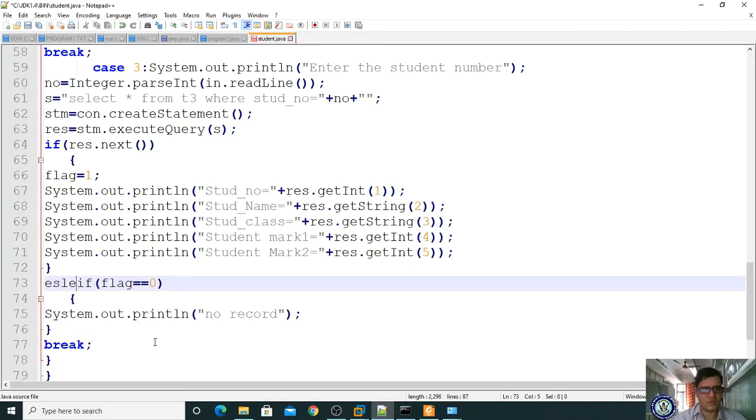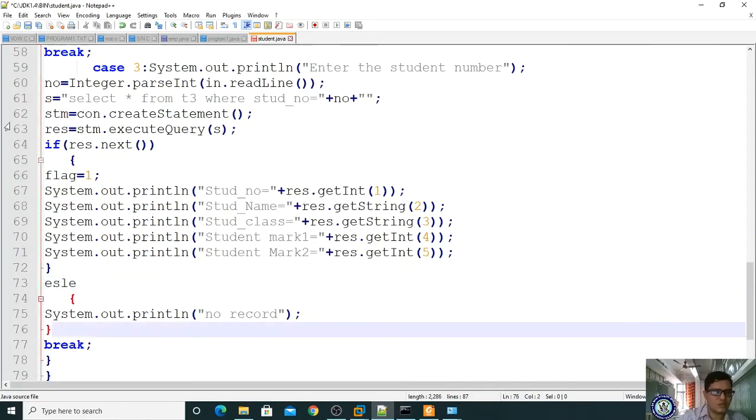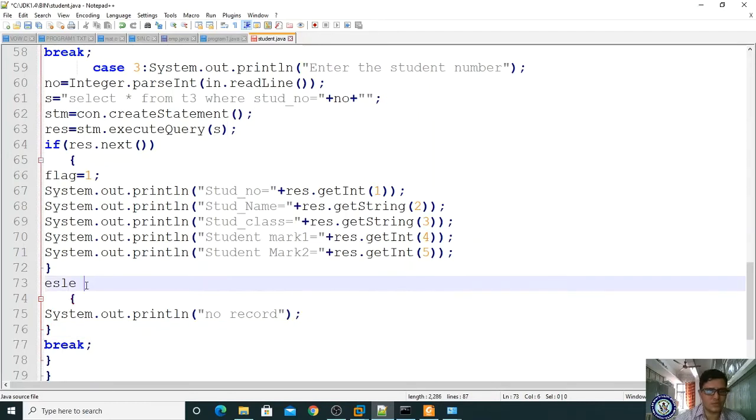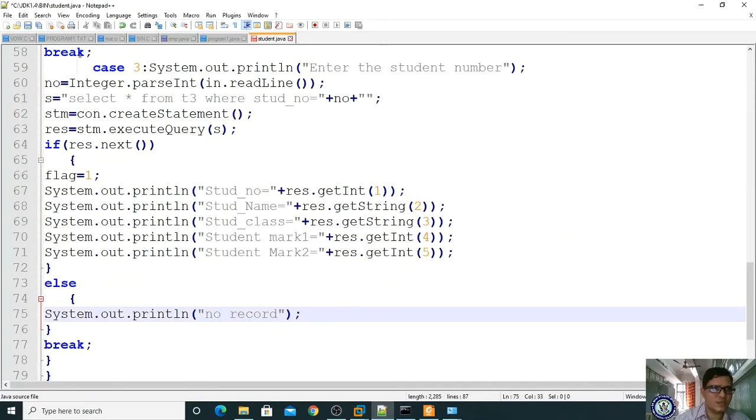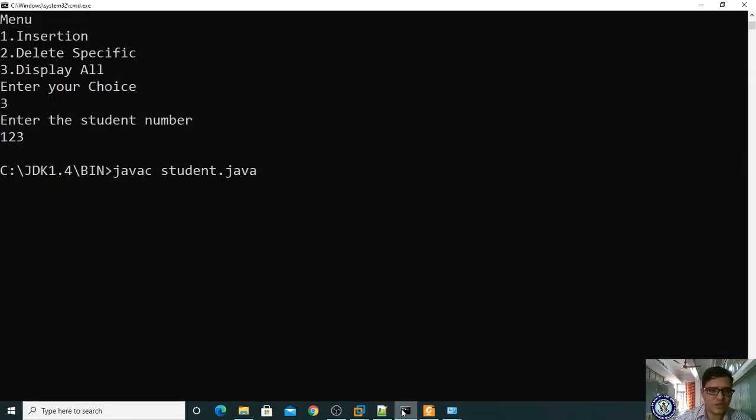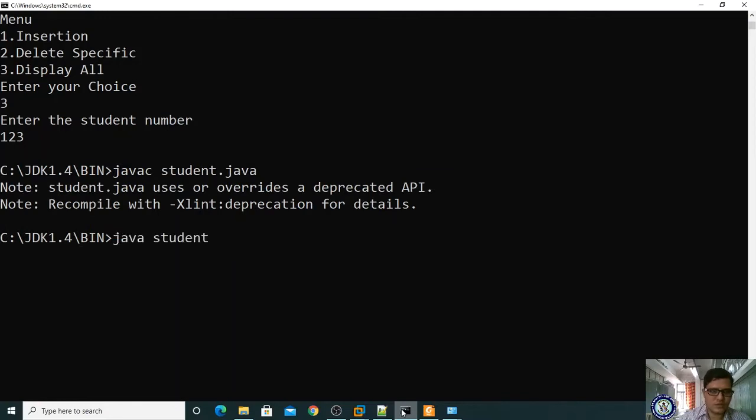Here it has been given as else, it is not required, no such record. Okay, else, it is just as simple as else. That's it. Let me save it and come here and once again compile it and run it.